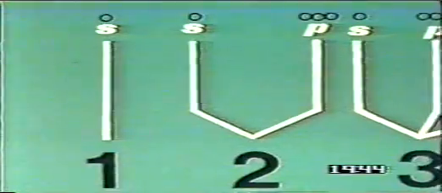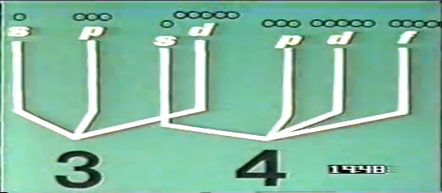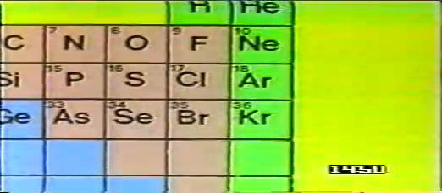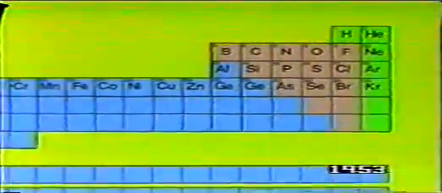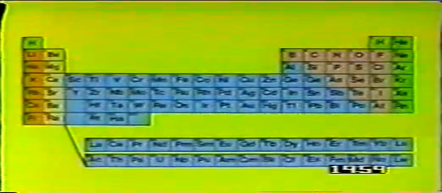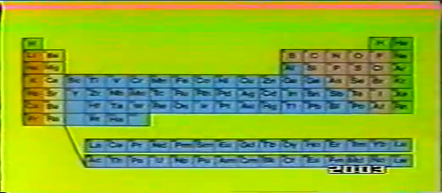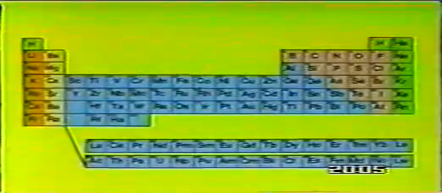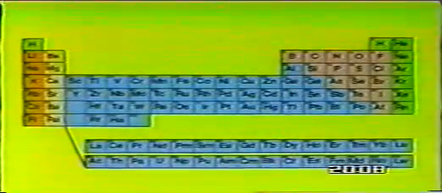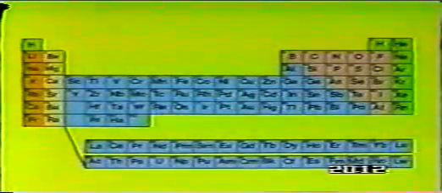Because the arrangement of these electrons recurs periodically, the properties they produce recur in the same periods. And what we have demonstrated for the first 4 periods of the table holds for all 7 of them. Elements with the same number of outermost electrons fall in the same vertical columns, and all have similar properties. Now the atom model explains not only why there are certain families of elements, but why certain trends are seen